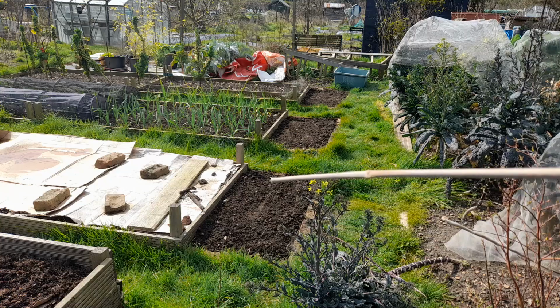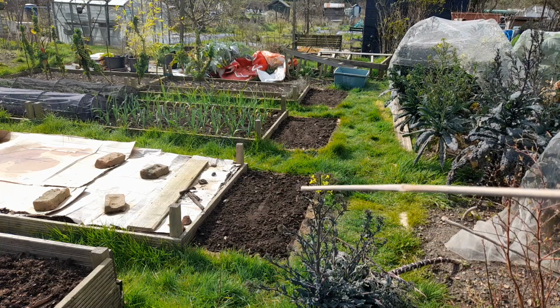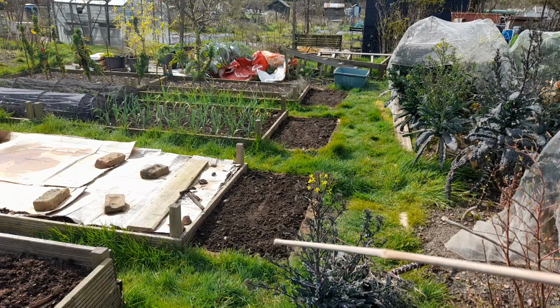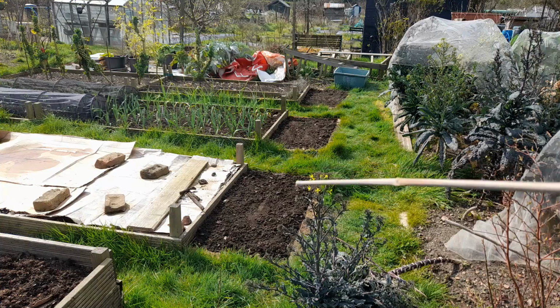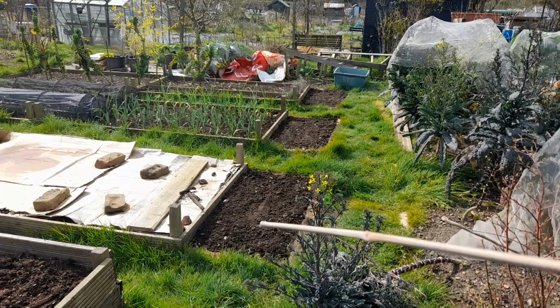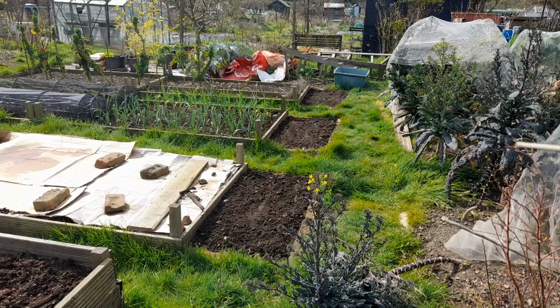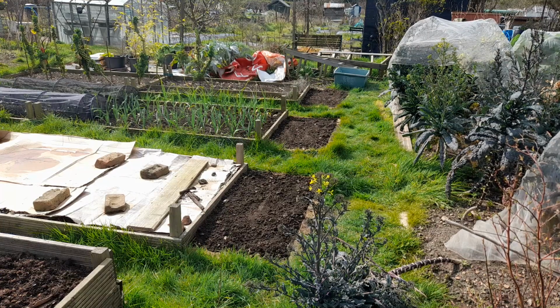Then I sowed a row here, and in a separate drill I sowed another row down here. So I will be effectively giving it support all around the edges and down the middle. Same here, same here. I will actually link to another video that I think I did last year about sowing